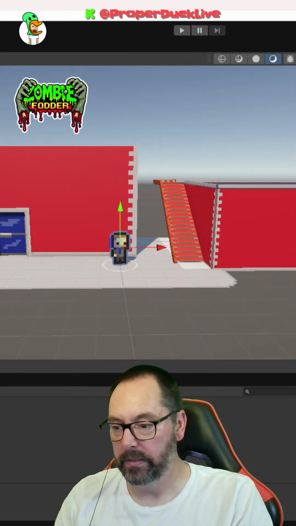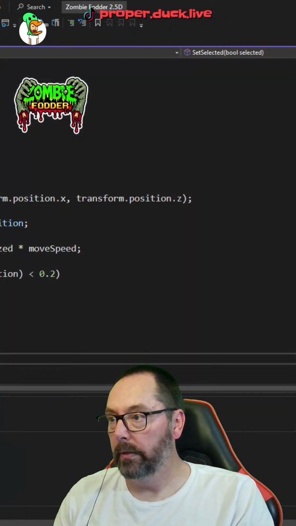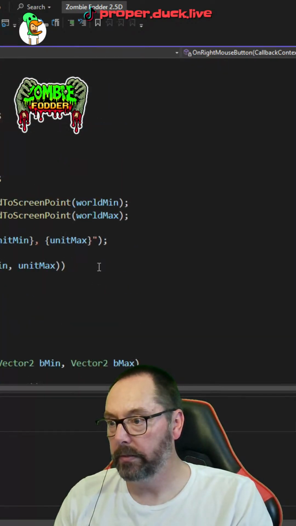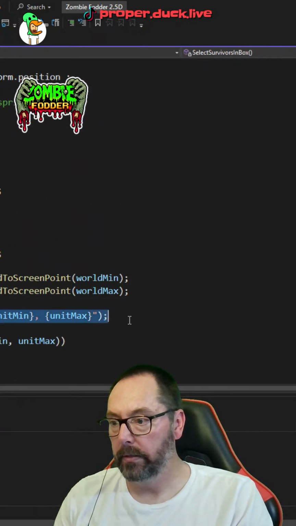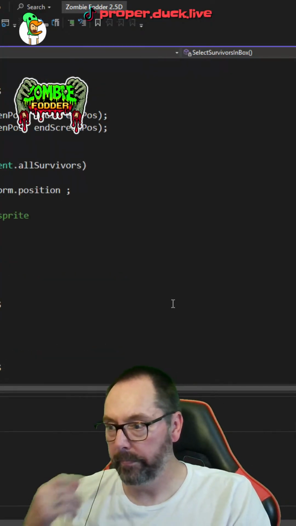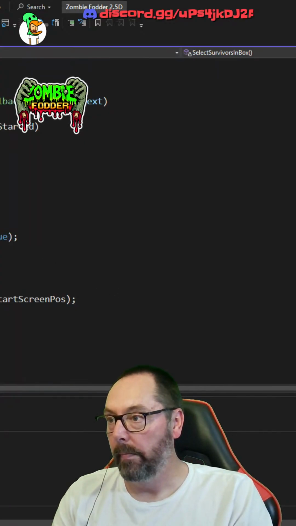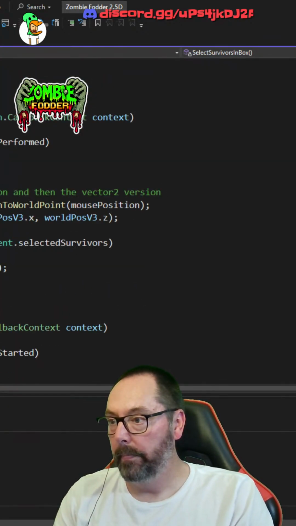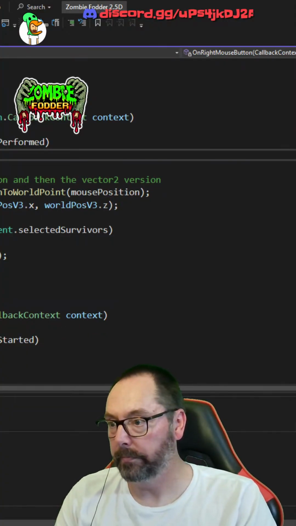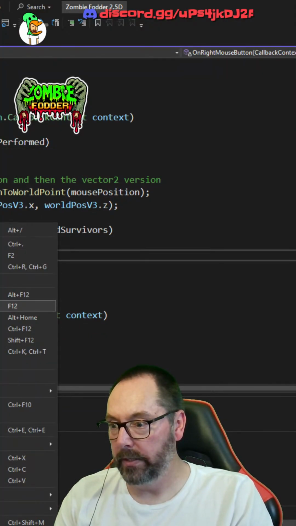Don't clear. Input down here with the maths. That can go. Okay. So I am getting the right click. Let's go into set destination